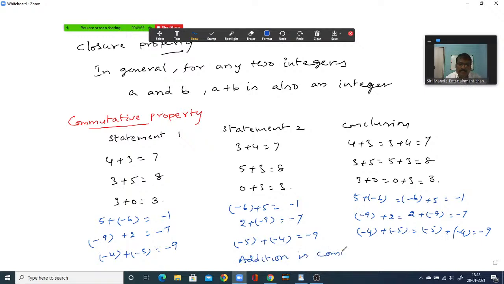Addition is commutative for integers. Okay, addition is commutative for integers. In general, as I said earlier,